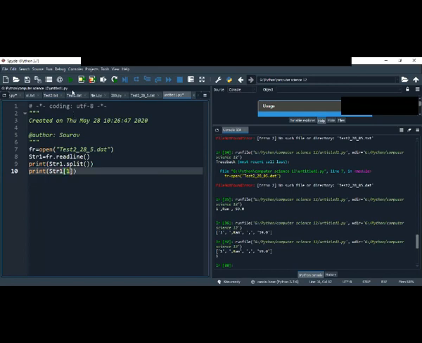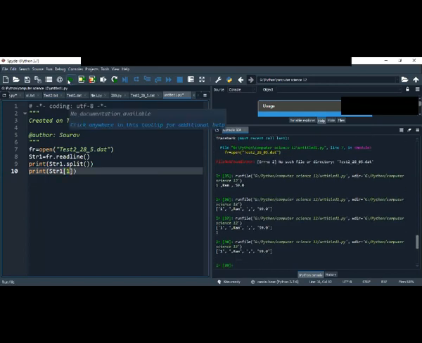Now similarly, if I do it with 1, I will get, no, it is not working. Why is it not working? str1 split.